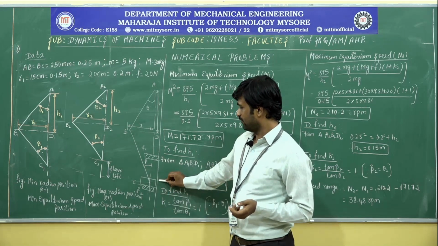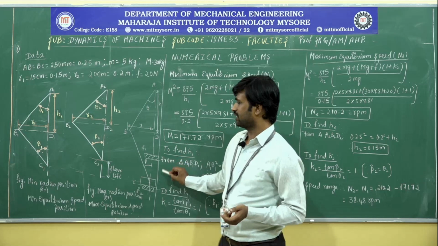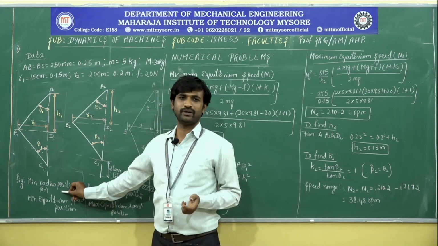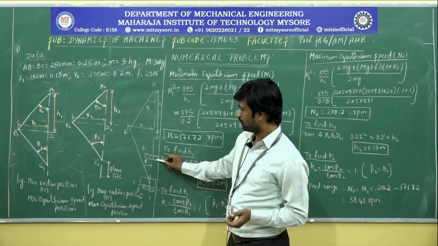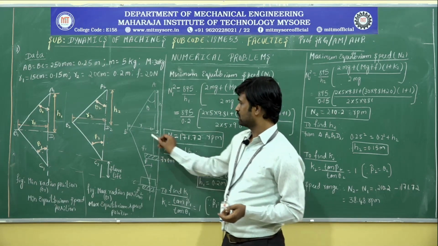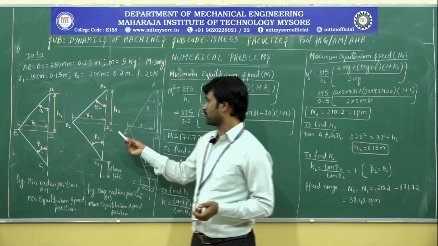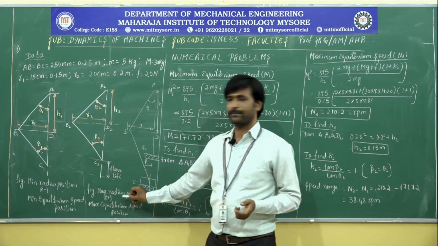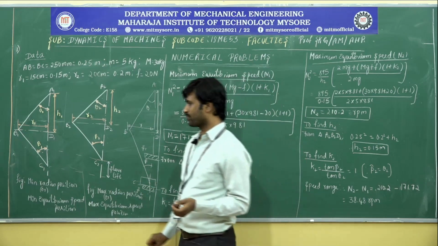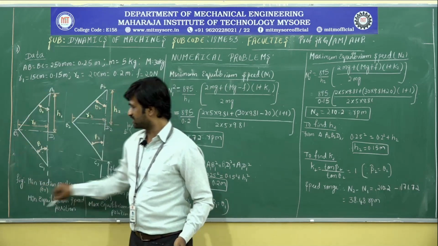So, when the sleeve is in contact with the lower stopper, we say that the governor is at the minimum radius position. When the sleeve moves up to the stopper S1, the radius of rotation is going to increase, and the position of the governor at this point is called the maximum radius position. The minimum radius position of the governor can be seen in this diagram.